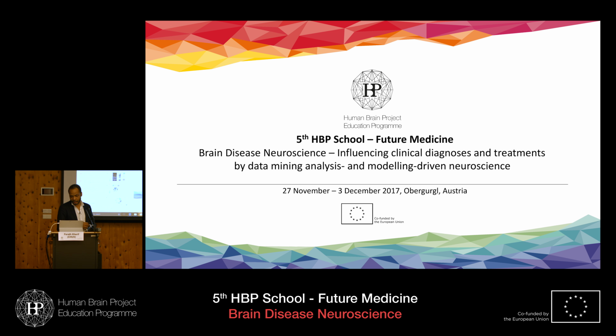So the program is organized so that you will have a choice. You will learn about different diseases: stroke, epilepsy, and dementia. You will learn how you can investigate these different diseases using different types of data, from neuron to neuroimaging data. It's a pretty exciting program that I hope you will like. During this week, you will have lectures on these different diseases and types of data. You will also have the opportunity for hands-on sessions and to do some projects. The projects will be throughout the week, and you will be deciding which topic you want to do.